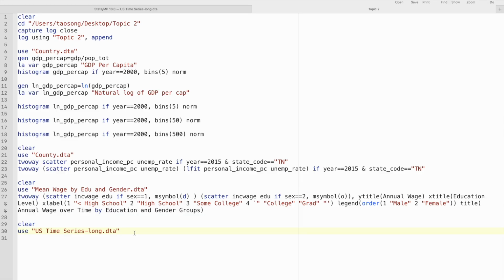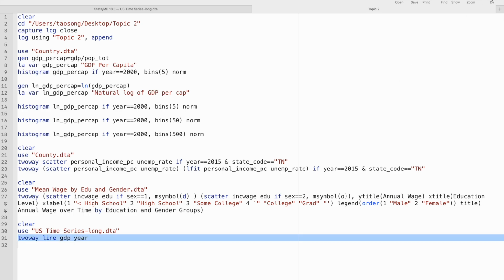So here, for example, if I want to create a line graph, I can just type twoway line, and then I can just type GDP and year. Remember, the first variable is the variable that's on the vertical axis, and the second variable is the variable on the horizontal axis. I want to track the GDP of the United States over time, so I'm just going to type twoway line GDP year, because GDP goes on the y-axis, year goes on the x-axis. Okay, so if I run this line of code,